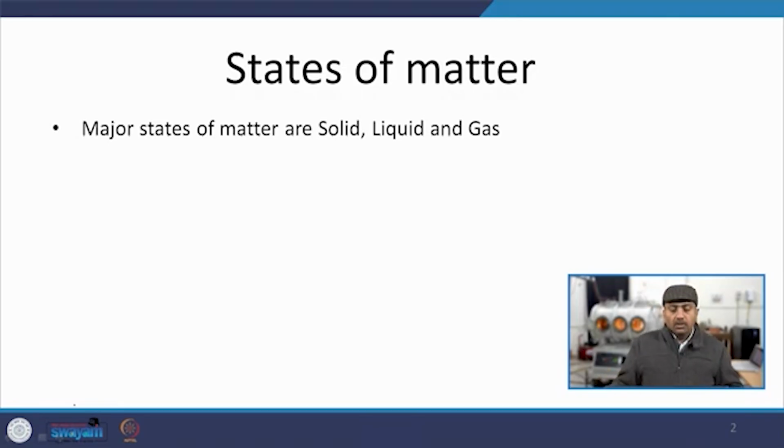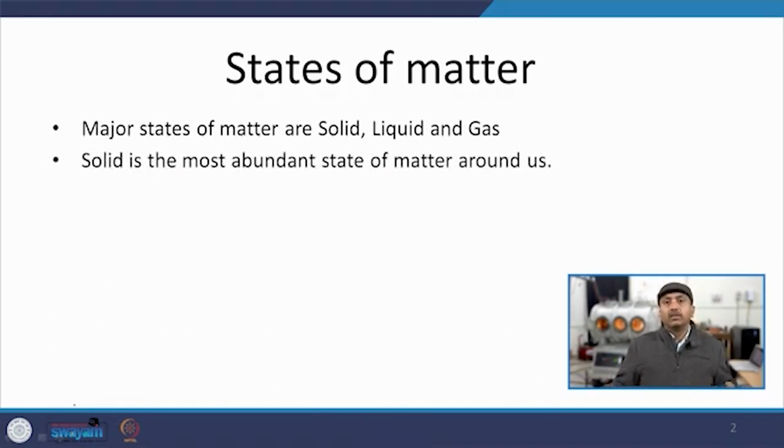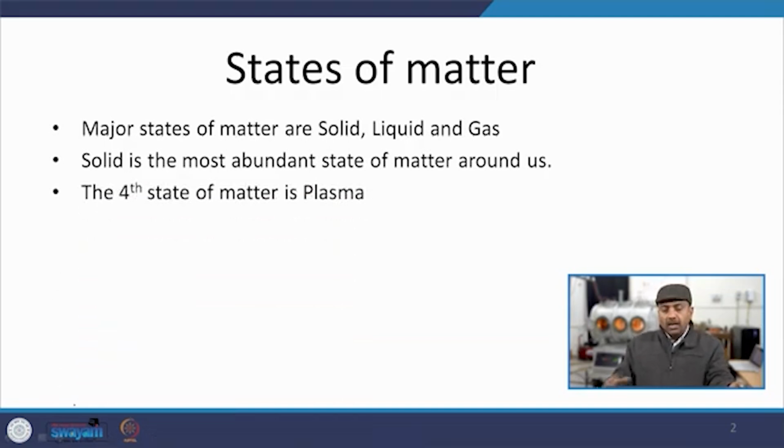Okay. Now, these are the major states of matter that we are very familiar with, and in our perception we know that solid is the most abundant state of matter around us, because solid state is visible to the naked eye, and most of the things that we perceive around us are generally solids. Right. Now, the fourth state of matter, which is